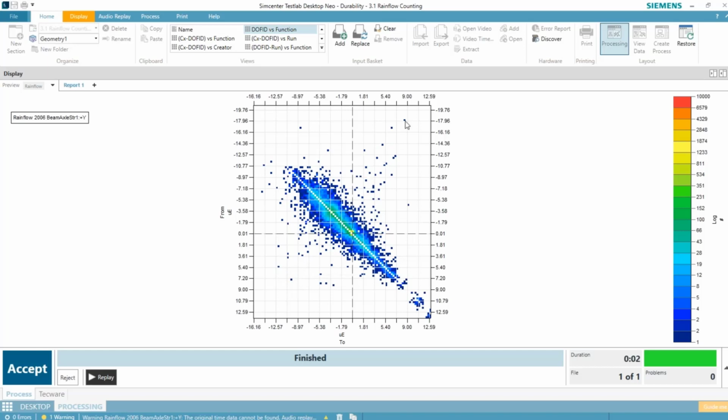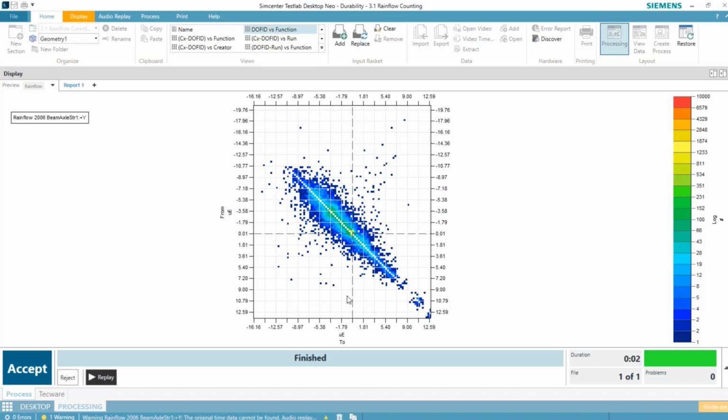The cycles at the extremes of my rainflow diagram, so this one is going from 5.40 microstrain to, we'll just call it negative 8.97 microstrain to make it a little easier to read. These are the cycles that have the highest amplitude and will cause the greatest amount of damage. So if you're looking at a rainflow matrix and you see a very high cycle count of these cycles at the bottom left corner and the top right corner of the rainflow matrix, you'll know that you're accumulating a lot of damaging cycles for whatever action your product is taking at that particular time.